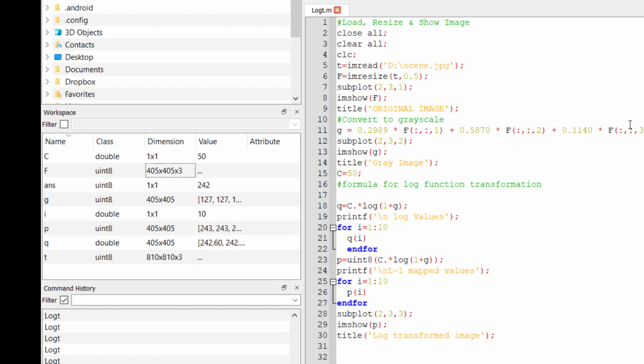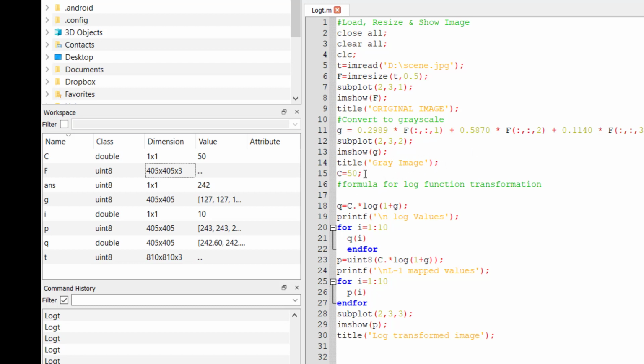I hope we had a discussion about how to convert a color image to a grayscale image in the previous few minutes, right? Again we show that image using the imshow function, and the title has been given as gray image.